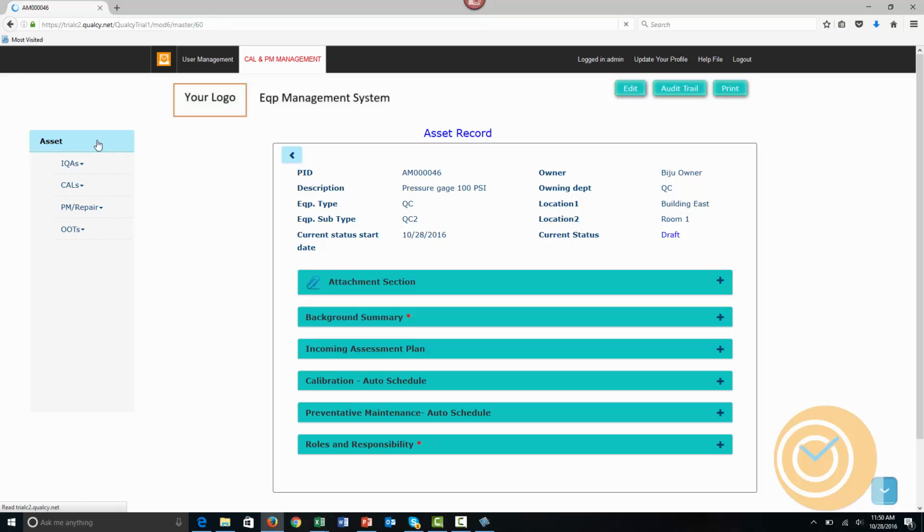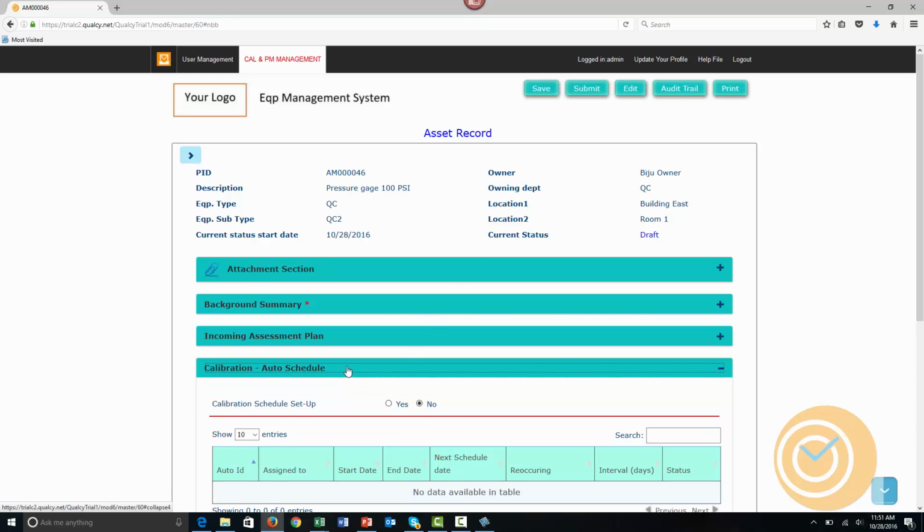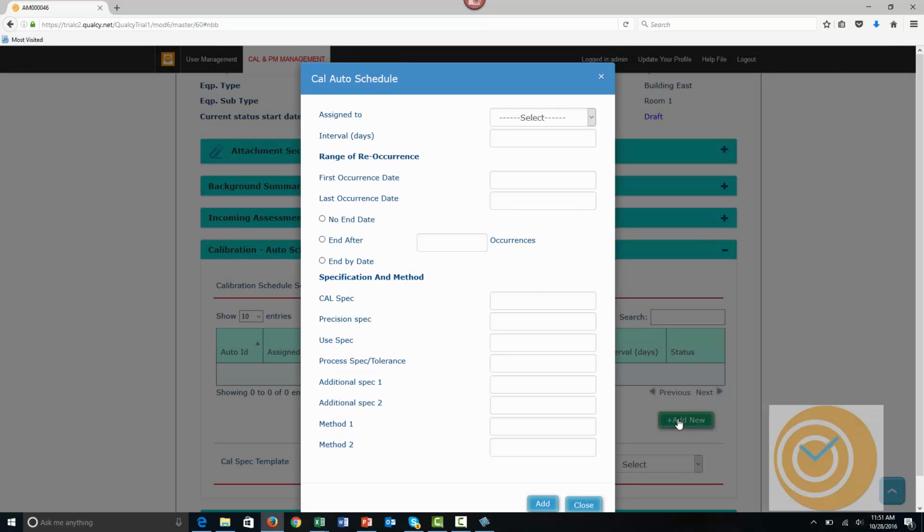So I'm going to the home page of this asset records, and first I'll click on edit, so that it will allow me to make changes, and I'm going to the calibration auto schedule here. I'm going to select yes, then I'll click on add new. As you can see, my schedule option is showing up. I'm going to assign this to this person, and I'm going to give an interval of 180 days,